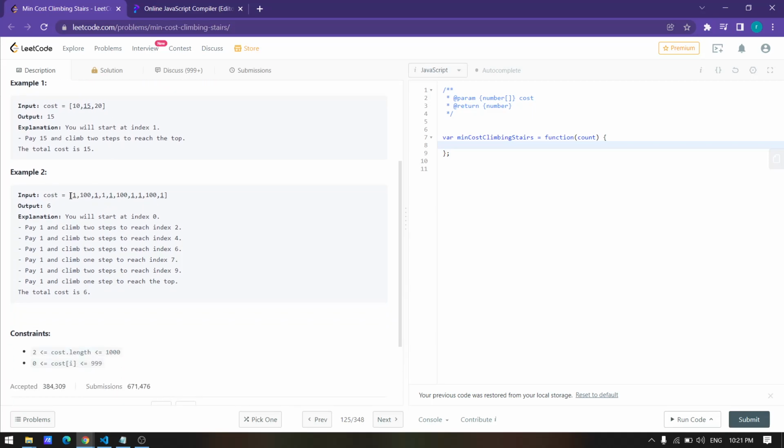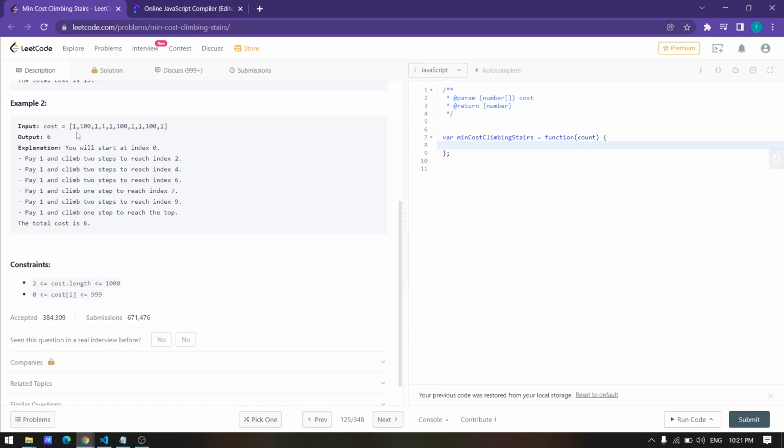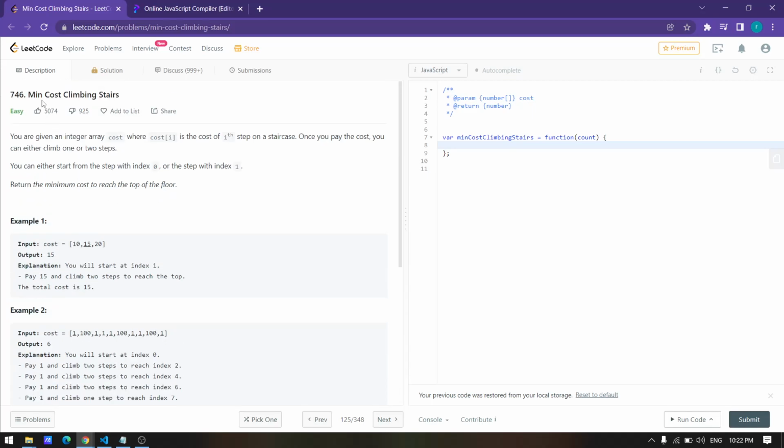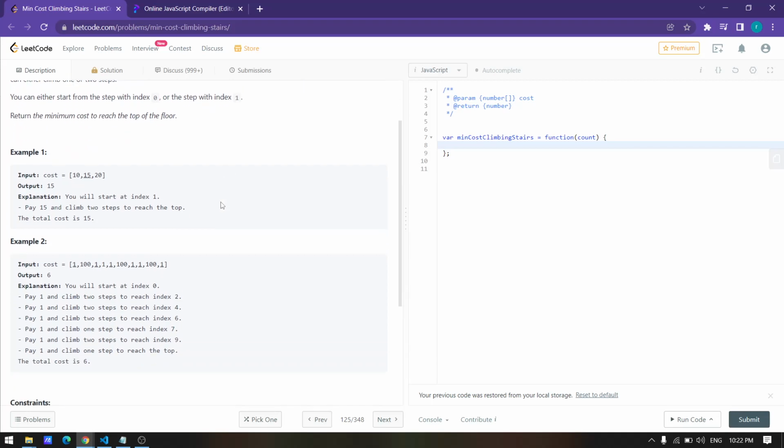While taking the second example, the second scenario, you can see that there is 1 and 100. Either you start from 1 or you start from 100. From 100 it will be very costly because the value is very high, so you are not going to take this 100. You will start with 1 and after that you take this one and this one. For the minimum cost you can select the 2 also, starting from here and ending here. So I think you get the understanding of what this minimum cost climbing stairs is.